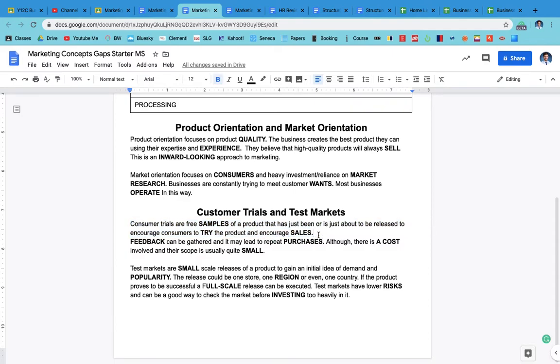Feedback can be gathered and it may lead to repeat purchases, although there is a cost involved and their scope is usually quite small. This is like free samples in a supermarket or in a shop, where people can try the product, it's being demonstrated, and you can get feedback and make changes,